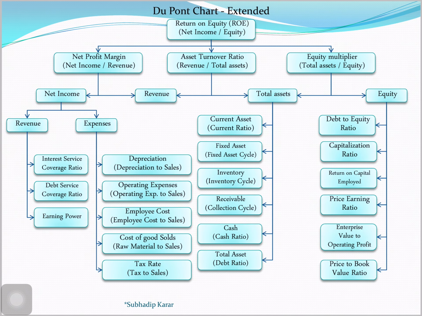Here is the extended version that I am using, and it is very easy to compare the company's financials with its peers, because if I make a chart of all the ratios in this manner with its peers side by side, then I can say this is the portion where the company is lacking, and this is the portion where the company is outperforming its peers. So this chart gives me the total gist of the company.